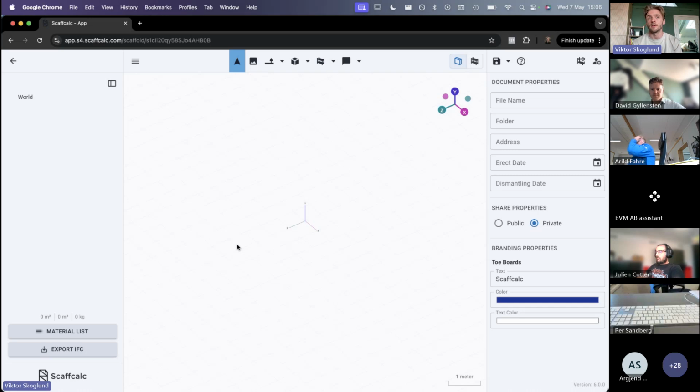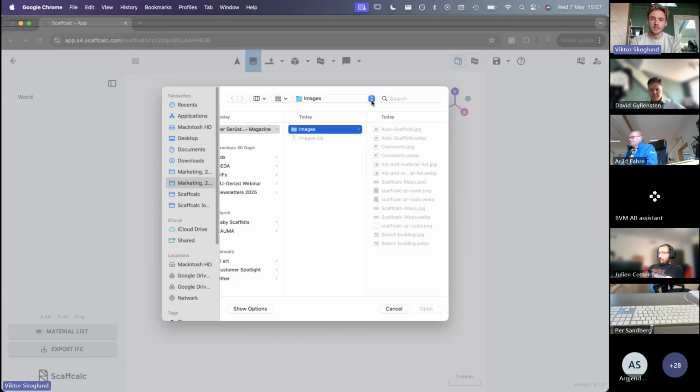We are a team of 10 engineers who are creating this full time. And we are very happy with what we have created so far. In the left column, you see the world. This is where all your components will be soon enough when we build something. Up in the top, you see all the tools we have. You have PDFs. You can actually find